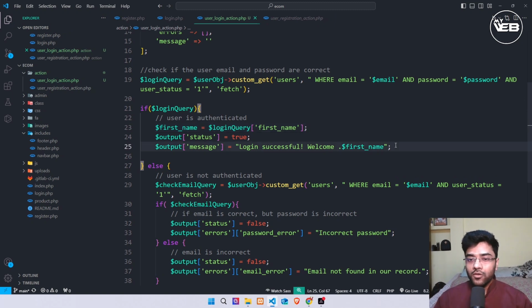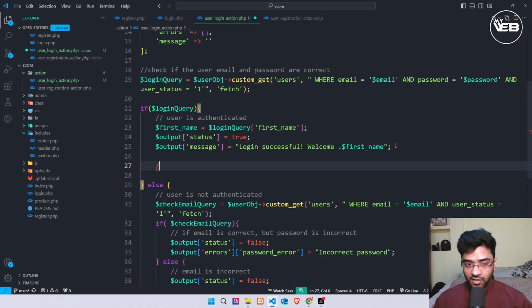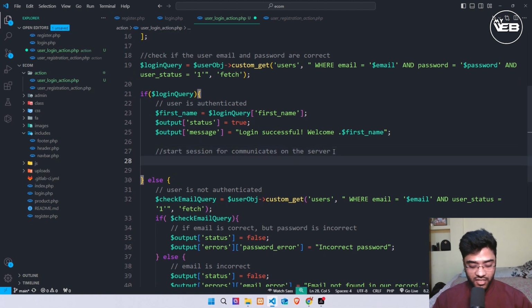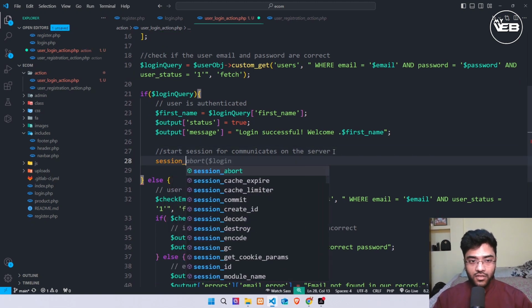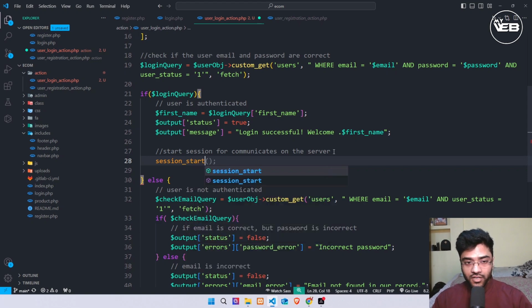And after that I'm also going to make a session. So I start my session, so start session for communicating on the server. For starting the session I need to define a function, session_start,